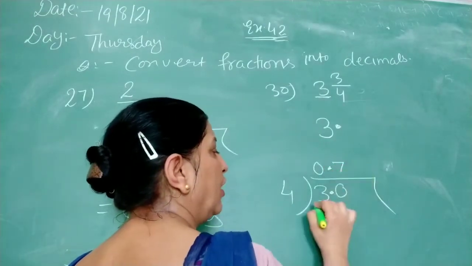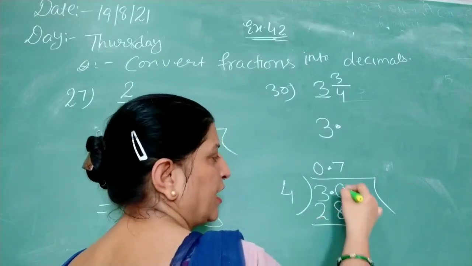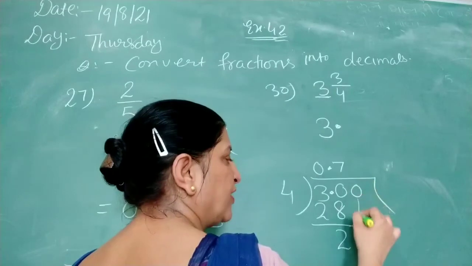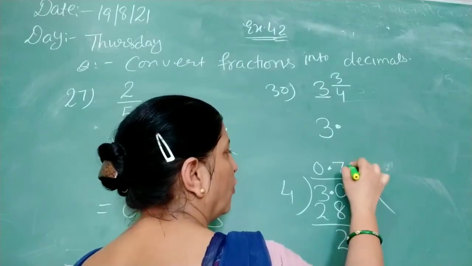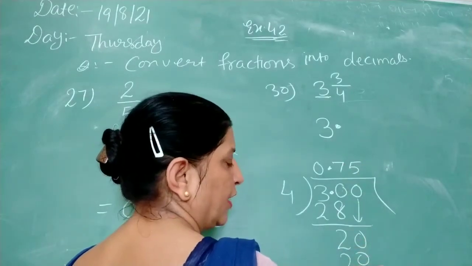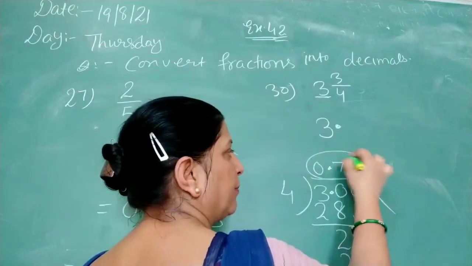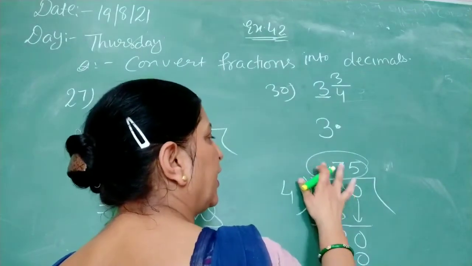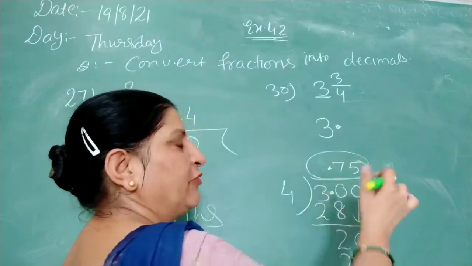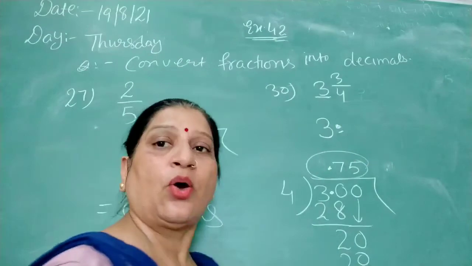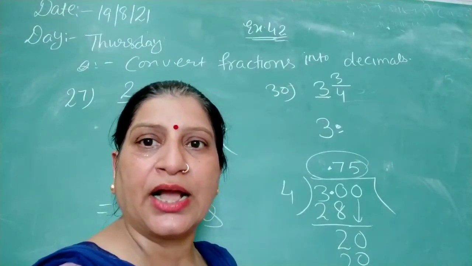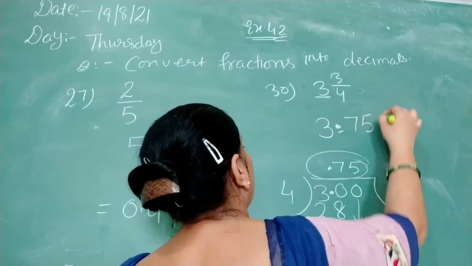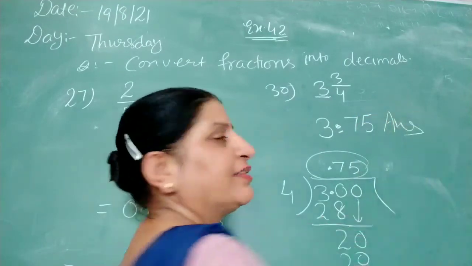नाउ 4 7 जा 28. 10 में से 8 गए तो आपके 2 बचे. यहाँ पर 1 0 लगा दी, 1 0 आपने नीचे लगाई तो 4 5 जा 20. ये नंबर आ गया. अब आपका ये नंबर कितना है? 0.75. तो 0 लगाने की नीड नहीं है. We write only the 0.75. Here we put the point already. पॉइंट हमने पहले ही लगा दिया है. We write the remaining digits 7 5 and this is our answer.